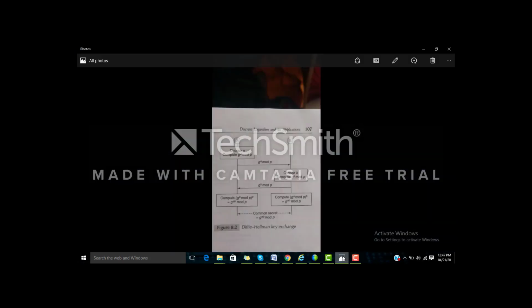Good morning, students. So let us understand the Diffie-Hellman key exchange protocol. Basically, it is an asymmetric key algorithm which is used for public key cryptography. It was created to address the issue of secure encrypted keys being attacked over the internet while the transmission was taking place.